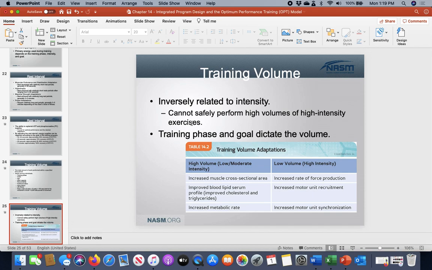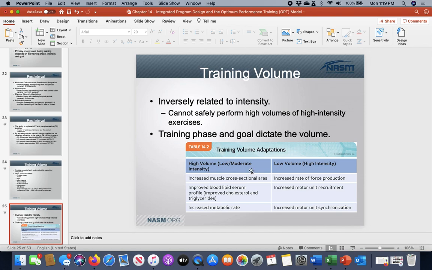Well, remember we said volume was reps times sets. So with high volume and low to moderate intensity, which we said hypertrophy fits into that moderate category, you're looking at increased muscle growth, increased muscle cross sectional area, increased muscle size. Okay, that's what we're looking at. Improved blood lipids, serum profile. So we're talking about HDLs, LDLs, VLDLs, triglycerides, and total cholesterol, all improving because of working at higher volumes. All right, and then you have an increased metabolic rate,